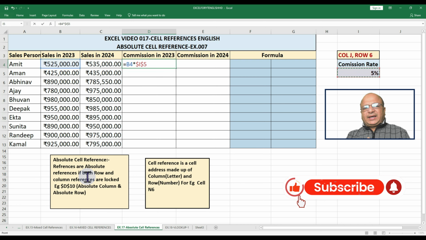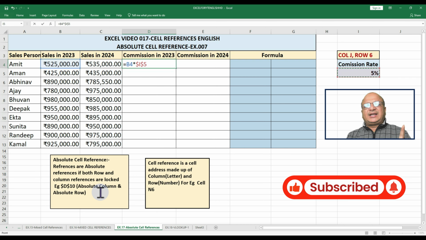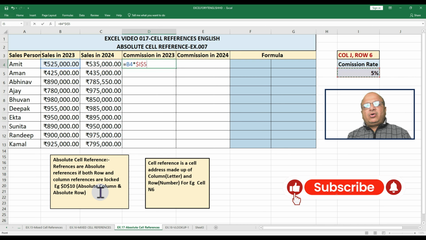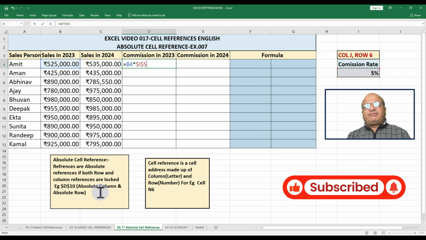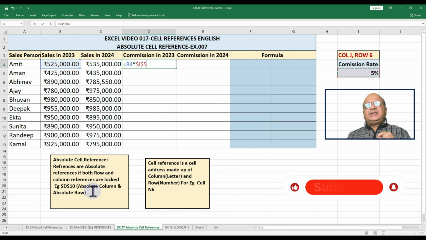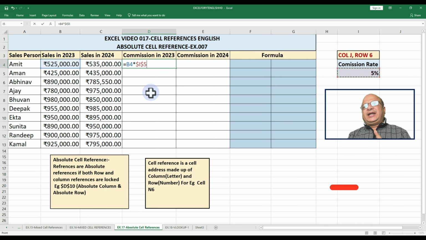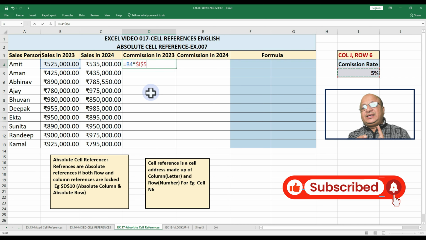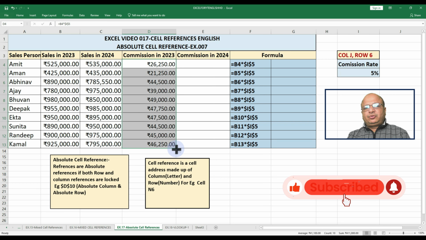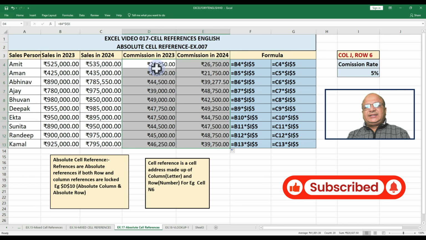So what do we mean by absolute cell reference? References are absolute references if both row and column references are locked. This means absolute column and absolute row. In case of a relative cell reference, both column reference and row reference are unlocked, meaning relative column reference and relative row reference. If we copy this formula from top to bottom and left to right, we see the formulas are copied,